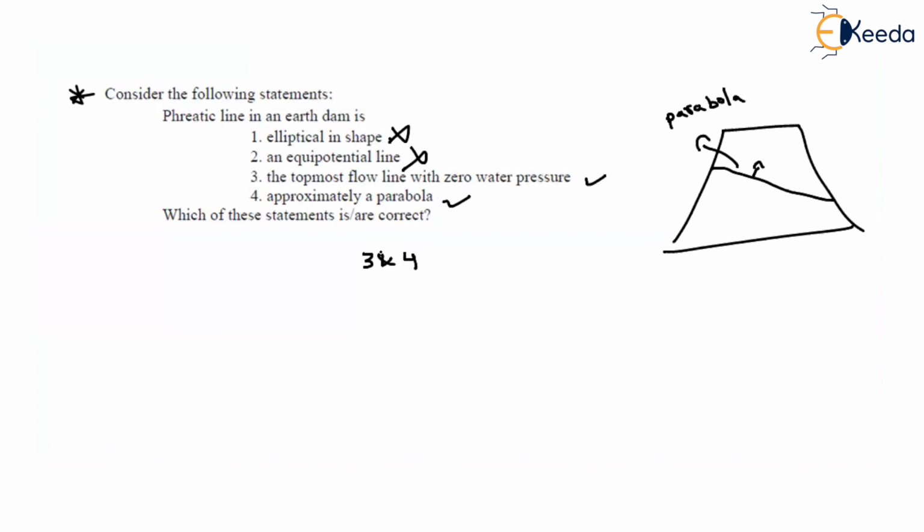Okay, as of now we have seen the problems that are only direct formula oriented. In the next question, we will solve a problem based on the flow lines and equipotential lines. Let us see again how to find the seepage, and we'll see how to find pressure head, elevation head, and also how to find the exit gradient in the next lecture. Thank you.